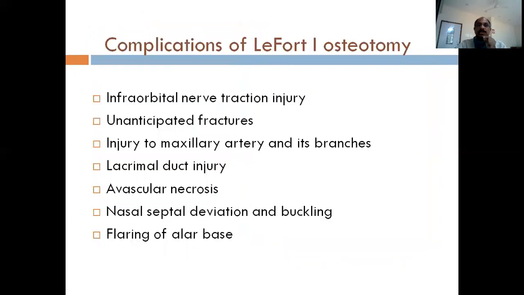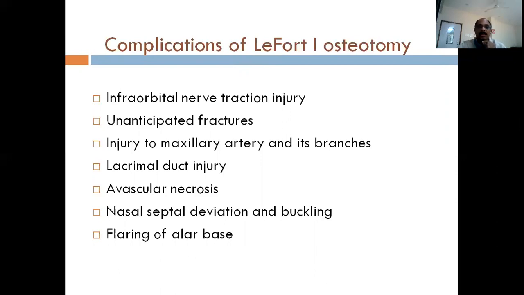So this is a procedure of the maxilla, and any surgery will be followed by some complications which you can come across. Usually you have your infraorbital nerve traction injury, because we are trying to reflect the cheek muscle and the cheek mucosa, so your infraorbital nerve can land up with slight paresthesia of the infraorbital region. So there will obviously be an infraorbital nerve traction taking place, and the patient will land up with some sort of paresthesia, which gets corrected in a couple of months.